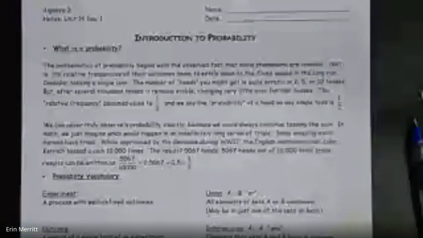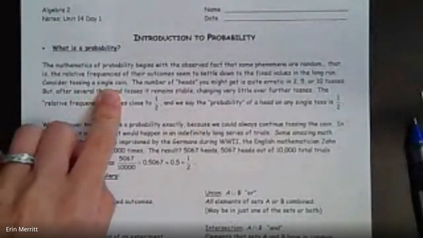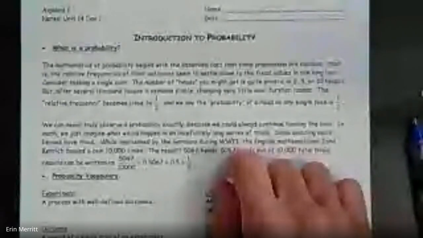It's talking about the mathematics of probability, saying obviously it's just observed things that we see happen. And it's saying, as an example, consider that you toss a single coin. The number you might get could end up being, say you only do 2, 5, or 10 tosses. You could toss the coin 10 times and get 7 out of 10. But what we know is that if there's one head out of 2 sides, it should be a 1 in 2 chance that you end up with it, right? But that's talking about theoretical probability versus empirical probability.